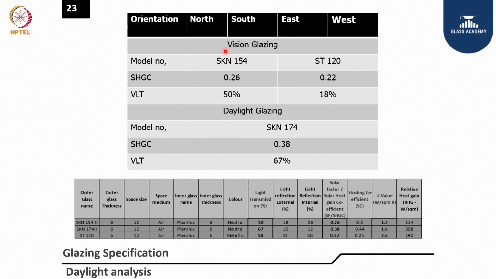You have to see how this glass is having an impact on the particular facade, and this one has an impact on both energy and daylighting. If you look at heat gain, then SKN 154 is about 240 watts per square meter relative heat gain. And when you use the same ST 120, just 190, because this SHGC is more. So this relative heat gain gives some direction for us to choose a particular glass for a particular facade. So relative heat gain analysis is vital in addition to daylight analysis for the selection of glass.